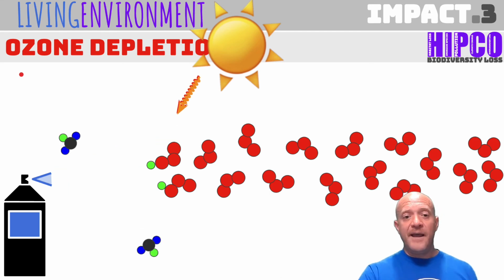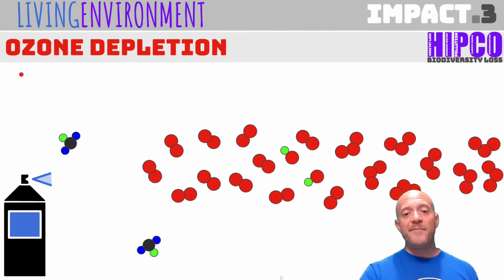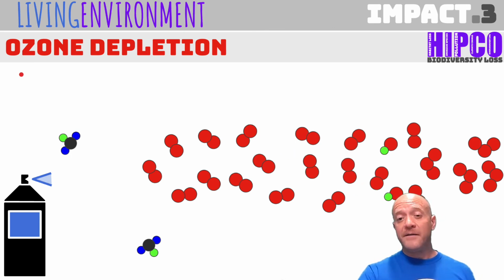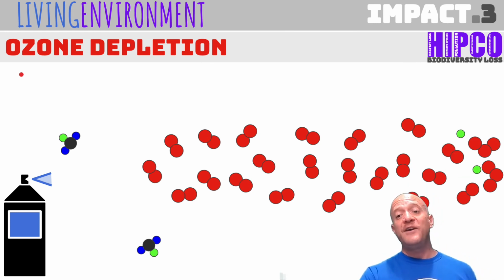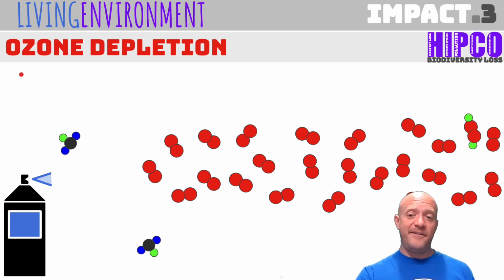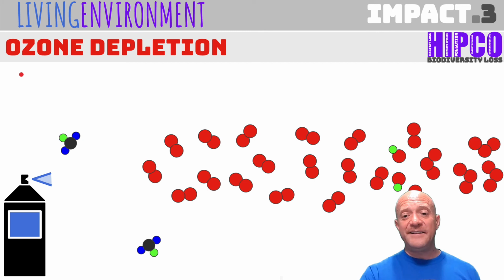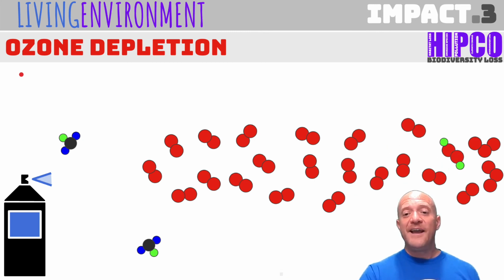chlorine atom. And this chlorine atom is going through and breaking apart these ozone molecules and turning them into oxygen atoms. While you might think these oxygen atoms are good because it's producing oxygen for us to breathe, it is in fact destroying the ozone. There are no organisms living up in the stratosphere, so this oxygen isn't fulfilling the same benefit. Again, these chlorine atoms can break up these ozone molecules and